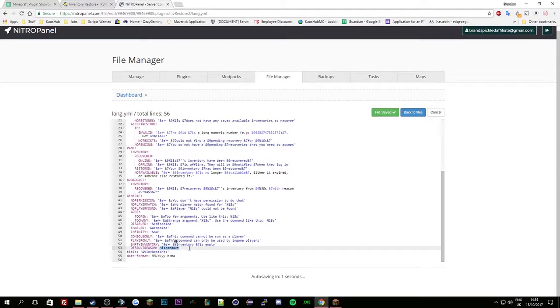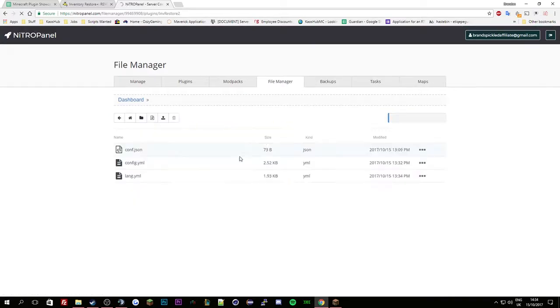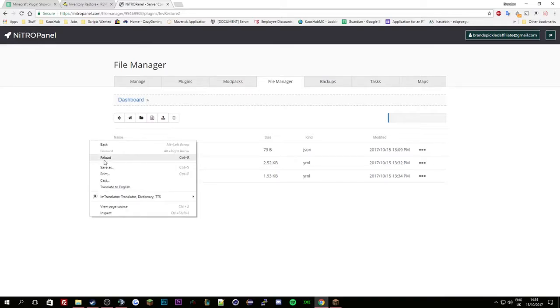And the default here, you can change that, and then the title for the GUI. So we just changed that to like an Andy or something. So you can see here, if I just refresh,